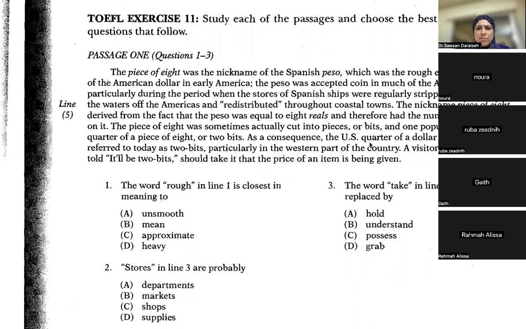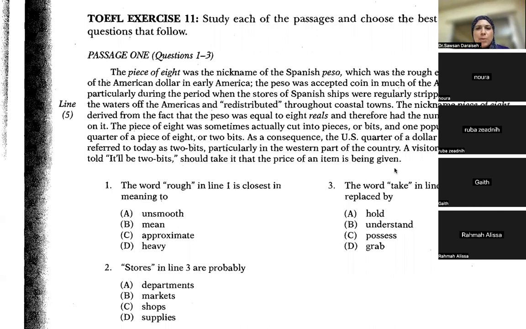The West, okay? Not in the North, not in the East. The East is very European in that kind of way. Remember the Wild West that I told you about? A visitor to that area, if told it'll be 2 bits, so if a visitor went to that area and someone tells him it will be 2 bits, should take it that the